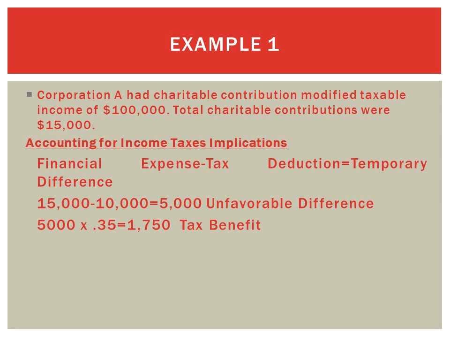On the financial books, Corporation A reduces book income by $15,000. For tax, they reduce taxable income by only $10,000. This creates a $5,000 difference. This amount can be carried forward for 5 years to be used against future income. Because taxable income includes this additional $5,000, this is considered an unfavorable difference. Because the company is including an additional $5,000 in taxable income this year, they will pay taxes on this amount this year, creating a deferred tax asset and deferred tax benefit